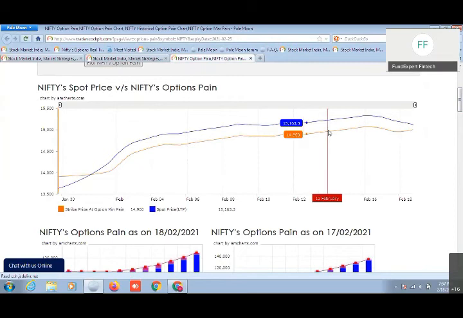It is nothing but the line where most of the option writers plot their positions, literally a line of pain in the market where most of the option writing happens, and by the time of expiry,